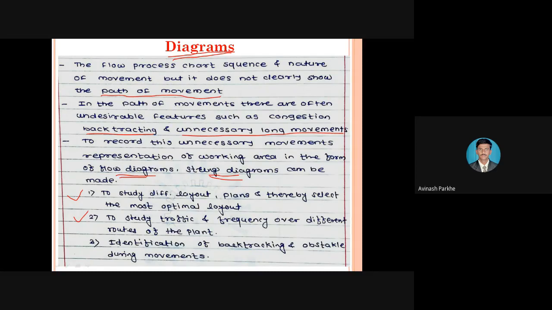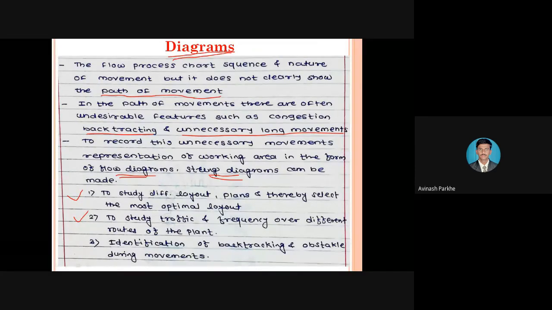In such a condition, how much distance do we have to provide between machine number 1 and machine number 2, so that the traffic effect will not be observed between 1 and 2, or 2 and 3? Once machine number 1 performs its operation, the component moves to machine number 2. Once the operation on machine number 2 is finished, then and only then should the next component come to machine number 2.